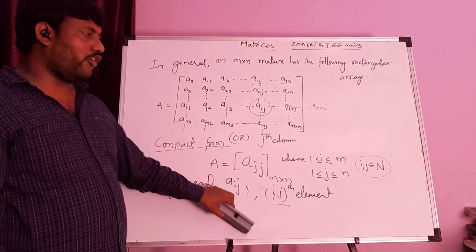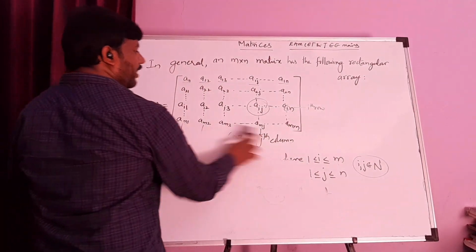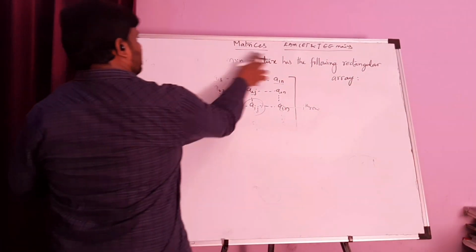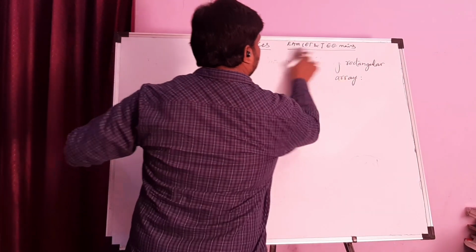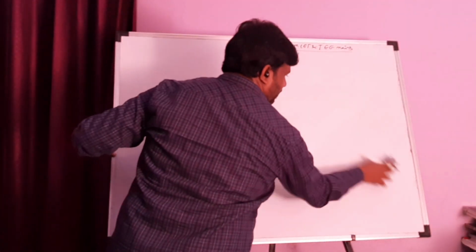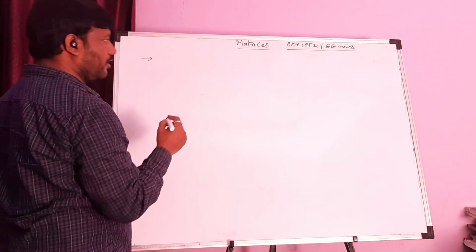Based on this compact form, sometimes they give questions like this, where we have to express this compact form as a matrix form. Instead of giving the matrix, they give some condition like this. This is very important. How do we express this compact form as the matrix? See one example. I go for one problem based on this compact form.